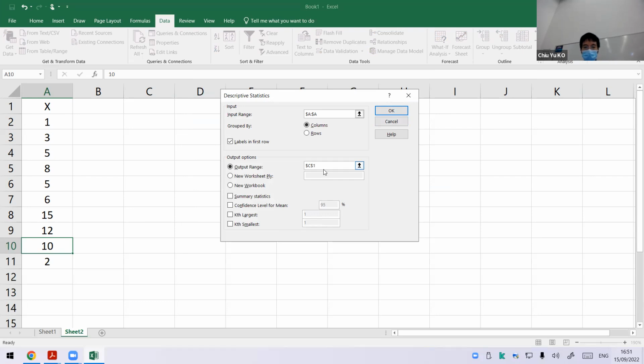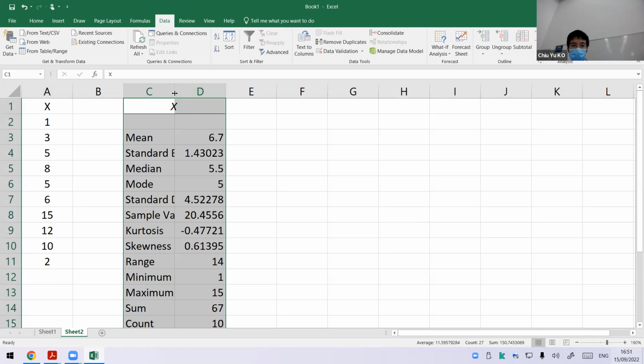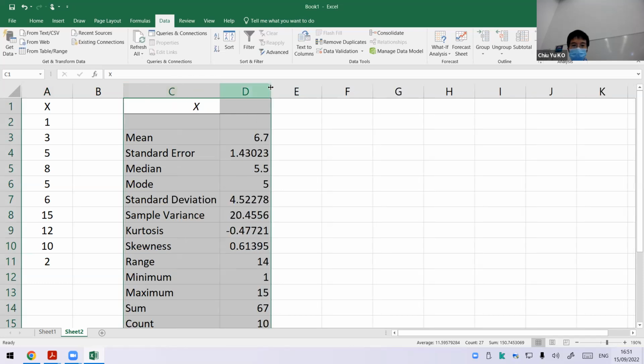And we want the summary statistics. That's what we want. So then we say OK. Once you tell it the input and the details of where the output goes, you click summary statistics and you click OK. Then you will see